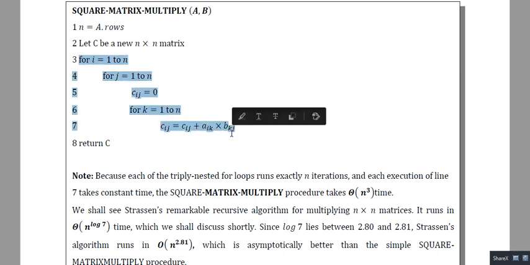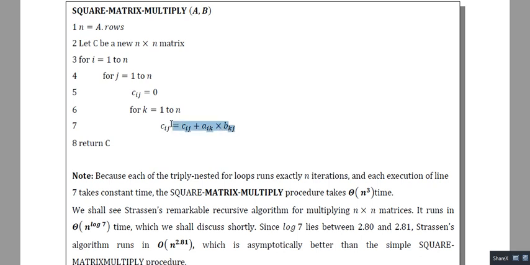Now this statement will be evaluated how many times? n cube times, because we have nesting of 3 loops. The i loop runs for n times, the j loop runs for n times, and the k loop also runs for n times. So in total it will run for n cube times.